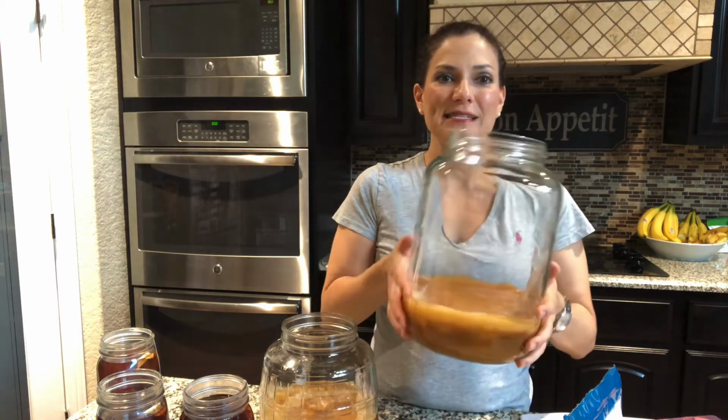So I've got the mason jar here, the big one, the 2-gallon one, with what is called a Scoby. If you can see that thing floating around in there, that is a Scoby, a mother. Scoby stands for symbiotic colony of bacteria and yeast. Yeah, you heard me right, bacteria and yeast, because guess what? The trillions of microbes that are living inside you are bacteria, yeast, fungus, virus even, that live in symbiosis mostly with our body. Unless you are eating a standard American diet filled with sugar and junk food, then you probably got dysbiosis going on in your gut,